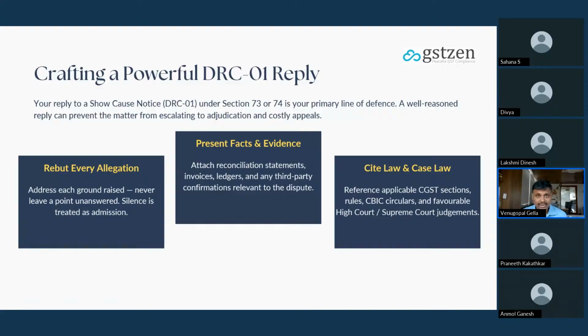It's not logical. What is logical is you ask for relief. Relief for what? Remove the tax, remove interest, remove penalty. Again, do not make a presumption that since I have not asked for a prayer for penalty, that does not have to be heard. No, everything is connected. Next, ask for an alternative plea. If at all it is leviable to tax, why not under Section 73? Why under Section 74? Allow ITC. So cover every aspect in the prayer.